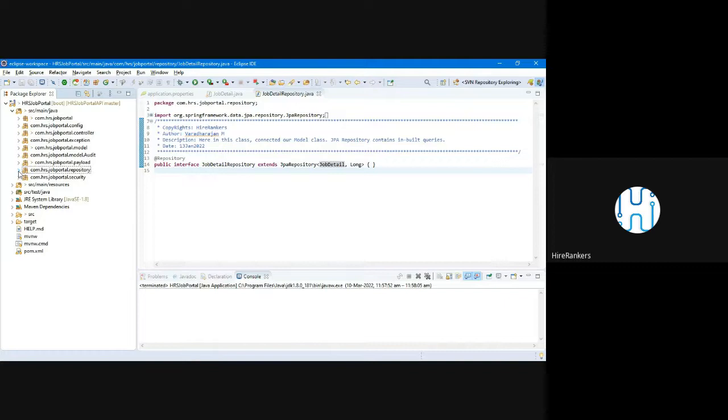Then after that, we need to create payload. Payload contains request and response. So we need to get data from user. For that, we need to create a request class. And response class is from our